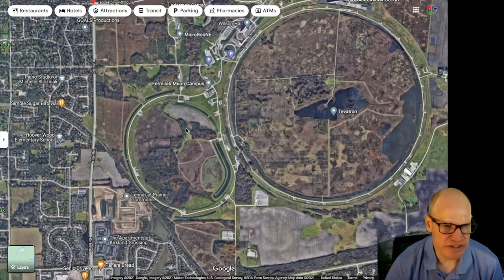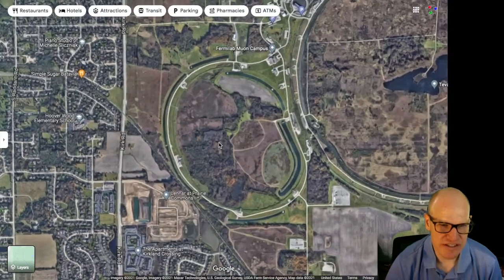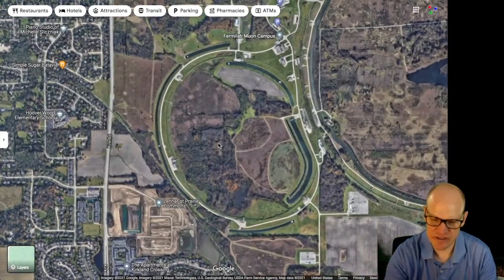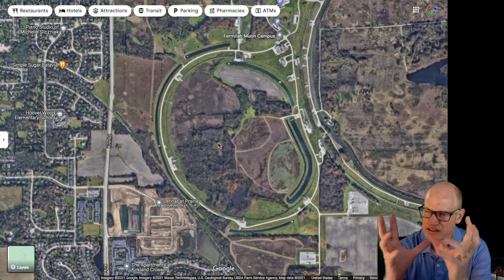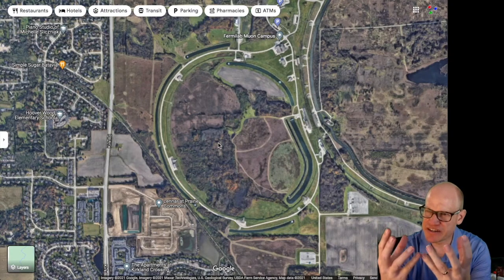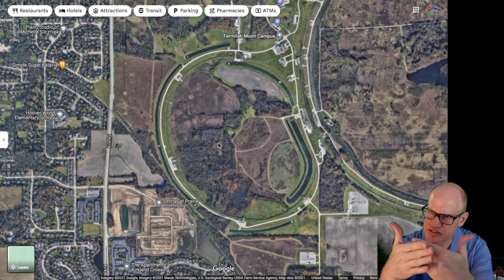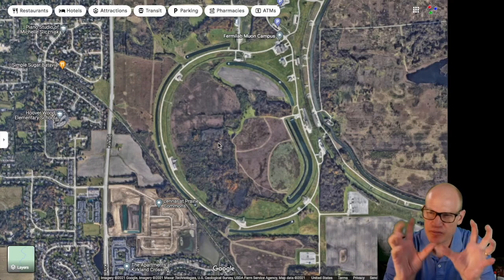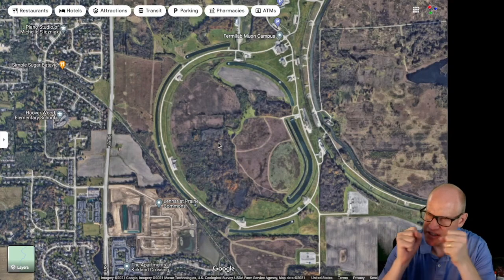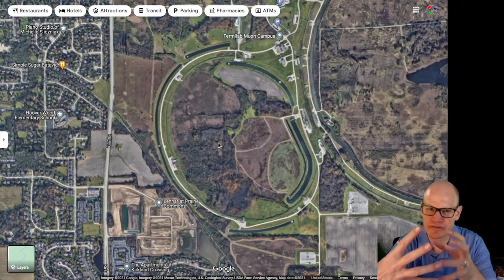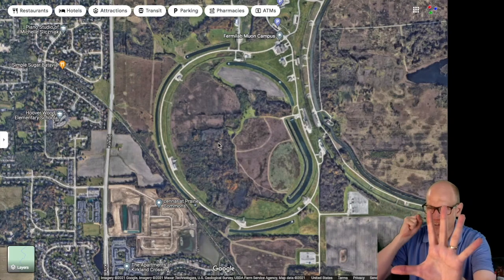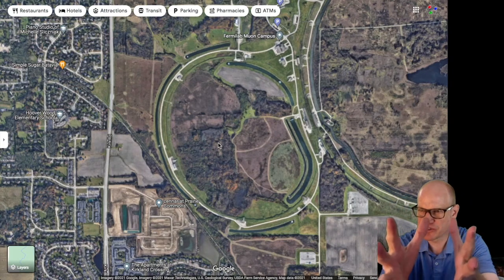Okay, so the main injector is right here, and you'll notice that it's kind of kidney bean shaped. Part of the reason that it's kidney bean shaped is they have this beam of protons and antiprotons that are circulating around, and they're going to shoot them into the main ring. But the beam shape is going to be different, right? It's a bunch of particles that come spewing out of a fixed target. You have a fixed target, you bombard it with something, and out come a bunch of particles,